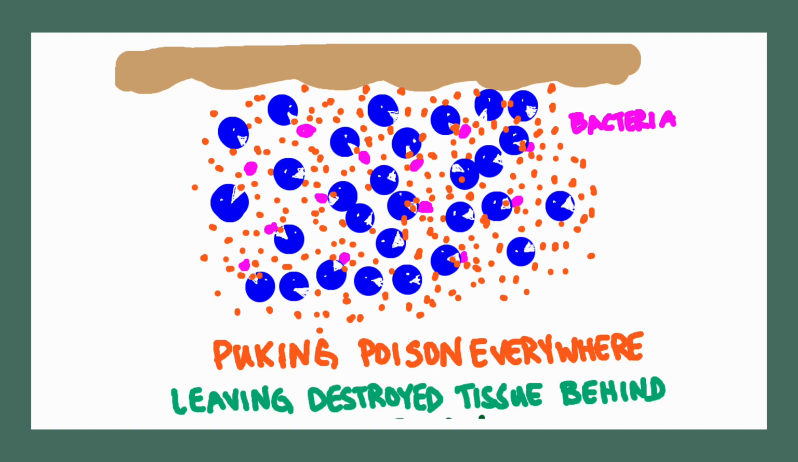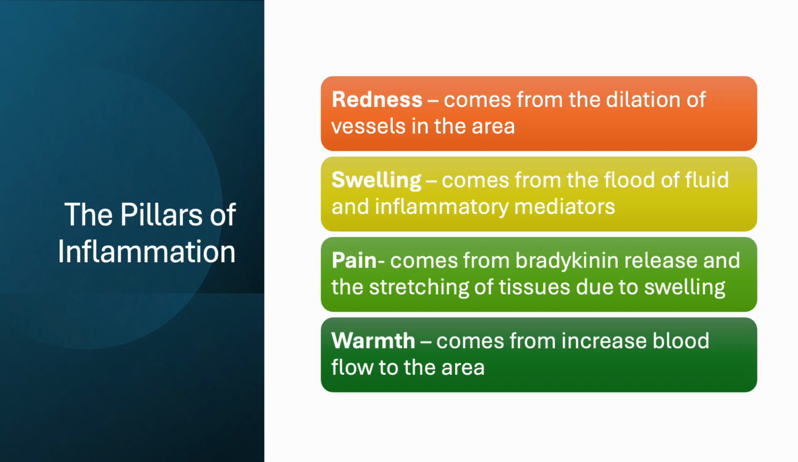Here we see a picture of many white cells puking their enzymes and oxygen free radicals like napalm and leaving a lot of destruction behind. We talked earlier about the pillars of inflammation. They include redness, which comes from the dilation of vessels in the area caused by the chemokines released from the